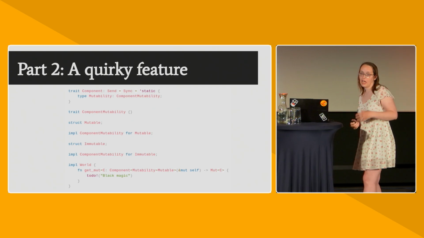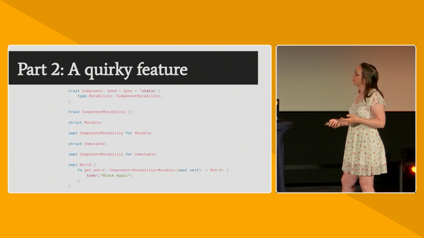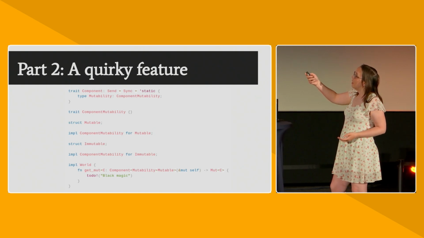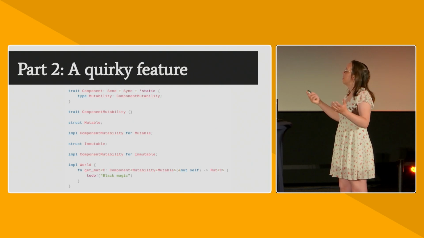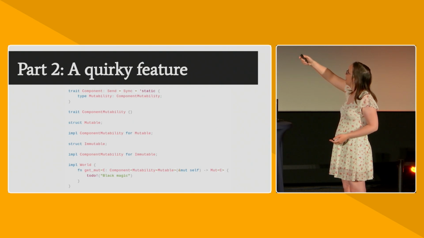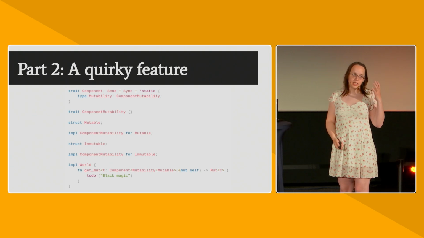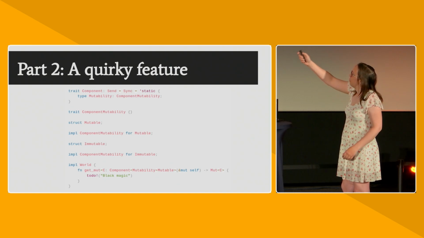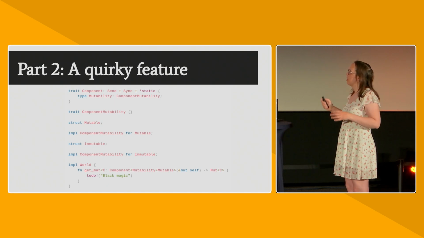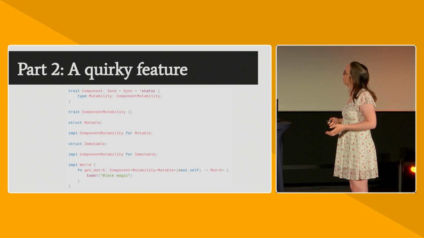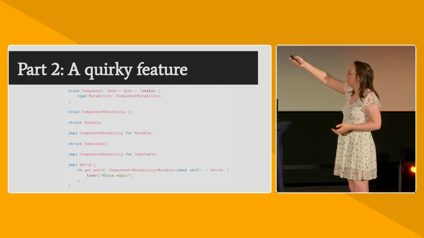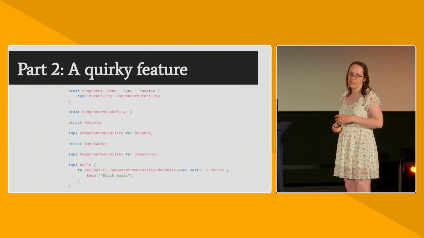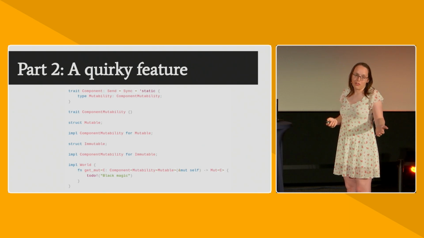But if we take a look at how it might change, we can see that it gets a little fancier, but it's really not too bad. So you now have an associated type. We love associated types over in Bevy. Associated type mutability, and anything that fulfills this must implement the component mutability trait, which in Bevy is a sealed trait. You have mutable and immutable. You get to pick one. Then we implement it, and then all that changes is during the trait bound, during the get_mut signature, we restrict it to mutability equals mutable. And so if mutability is not mutable, you can't call get_mut on it.